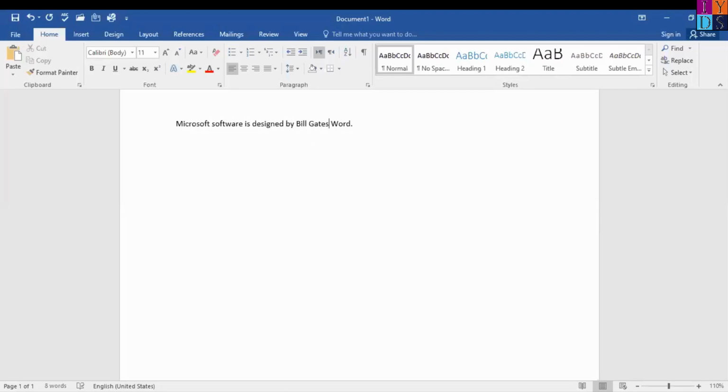Adding arrow keys. You can also use the arrow keys on your keyboard to move the insertion point. Click the right arrow on your keyboard. The left and right arrow keys will move between adjacent characters on the same line, while the up and down arrows